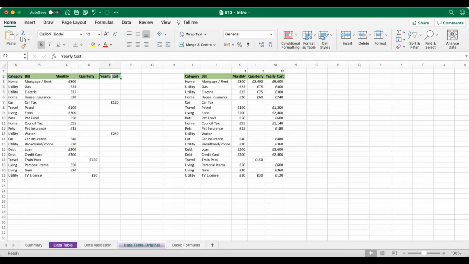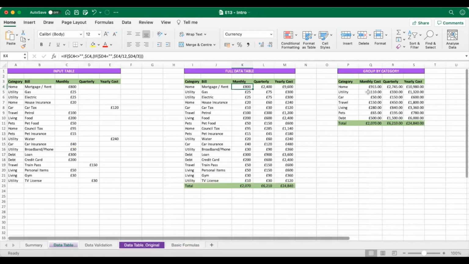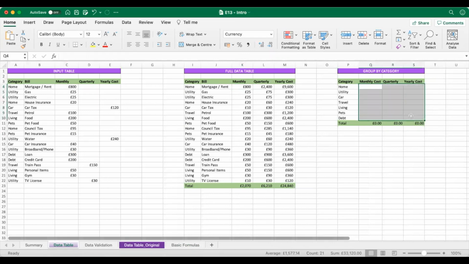We've got our monthly, quarterly, and yearly costs. And what I've started to build up here is a group by category. So in here, I'm going to take these out, and we can then repopulate them